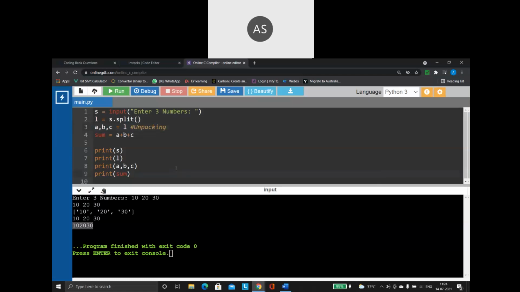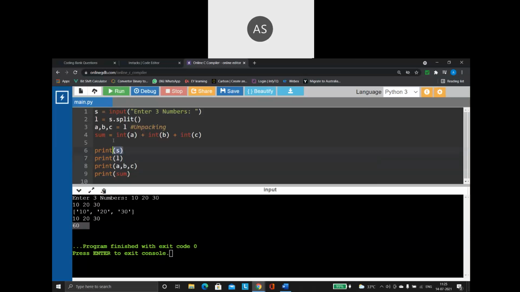So that is why I am converting. I am doing a typecasting or a type conversion. I am converting that into an integer, that is, into a number, and then I am performing my addition so that I will be able to do a numeric or arithmetic addition. I will be able to use the arithmetic addition here. So that is the reason why we are typecasting it here. For your understanding, I am printing everything. Otherwise, we can just print the sum value alone because that is the result I need.